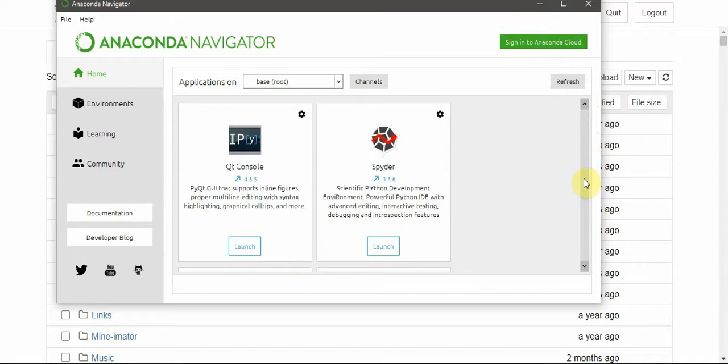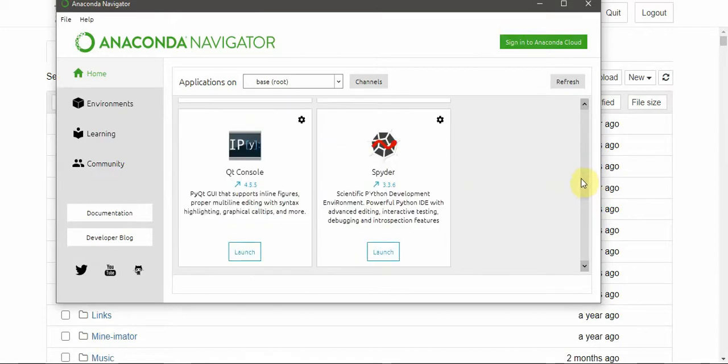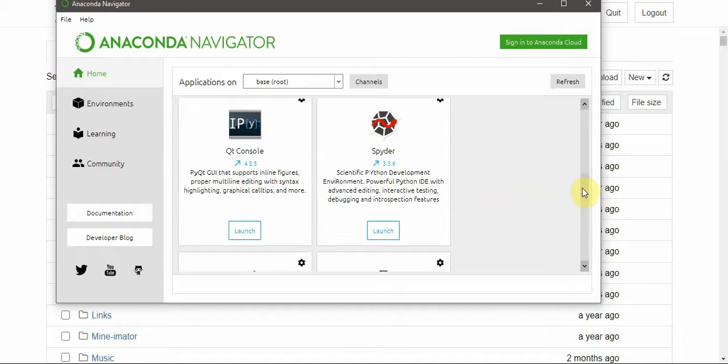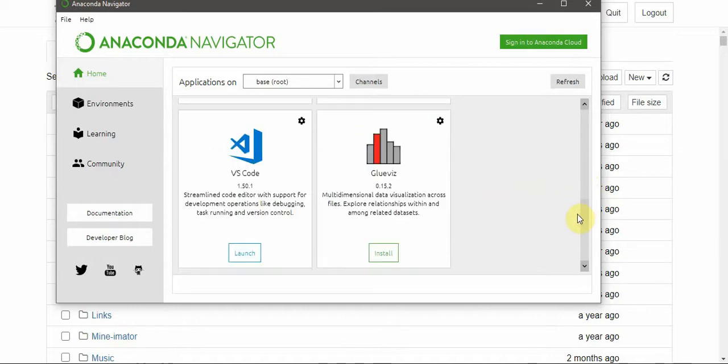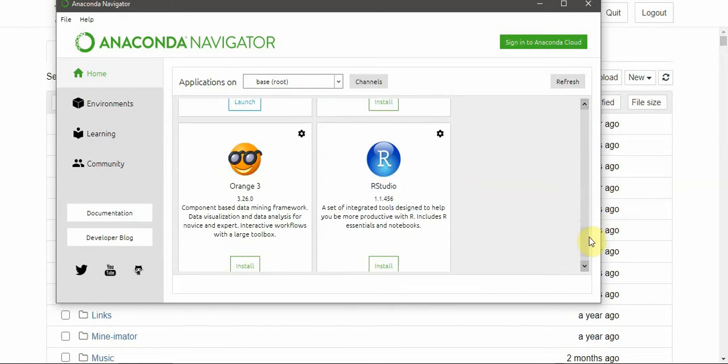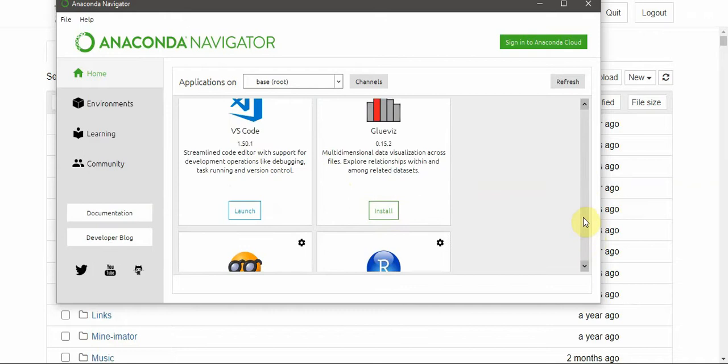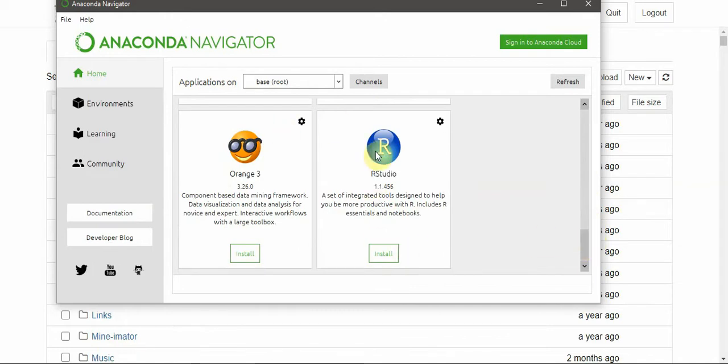We have got Qt Console, which is a GUI, which I'll teach you later. We have got Spyder. We have got Glue, which is a multi-dimensional data visualization tool. We have got VS Code, which is Visual Studio Code, which I'll also show you later. We have got RStudio, which is for R, and we have got another framework called Orange 3, which is a